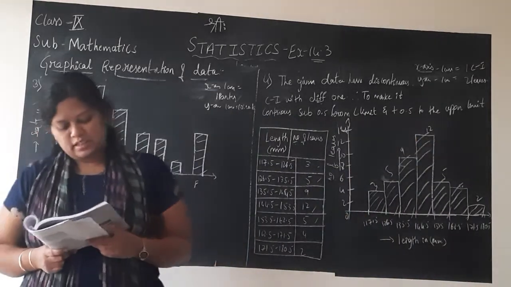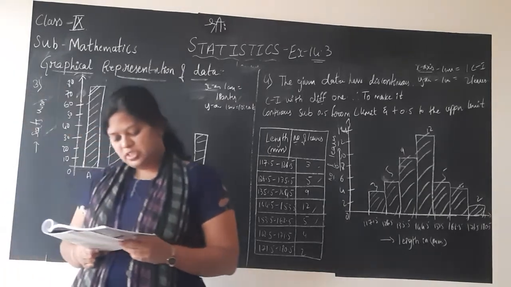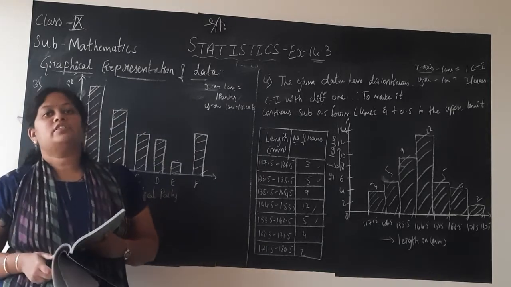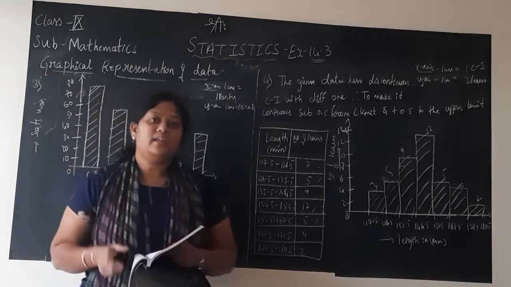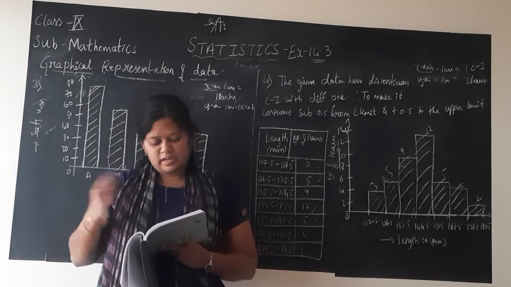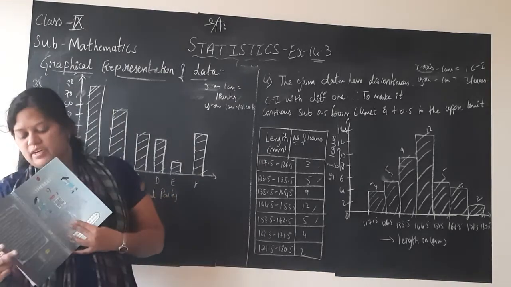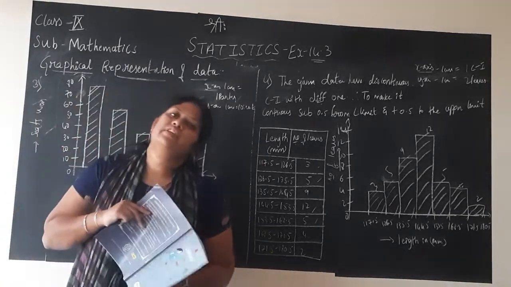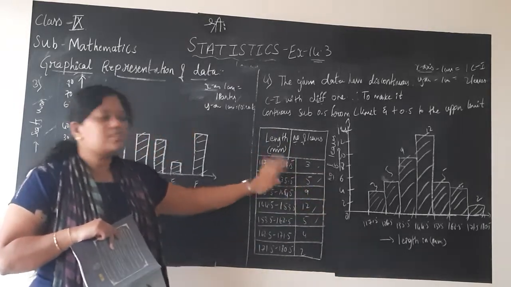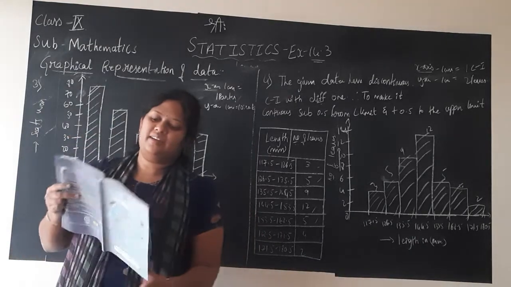The fifth question is, the following table gives the lifetimes of 400 neon lamps. Lifetime in hours is given. See, 300 to 400. If you see here, the given data is continuous, children. 300 to 400, 400 to 500, 500 to 600, like that up to 1000, the number of lamps is given. Represent the given data with the help of a histogram. For this problem, you need not add or subtract anything to make it continuous.